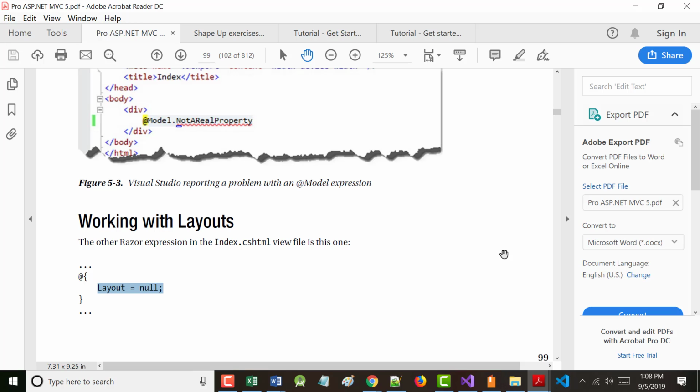If you put in this line of code, you are sending a signal to the system that you're not using any kind of layout, be it one that's predefined or one you define. But what you're going to see in just a couple of minutes is it's also possible to put something in there, and that's what we're going to get to in just a minute.